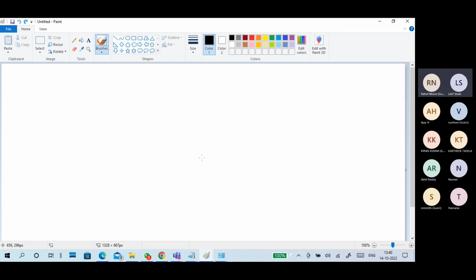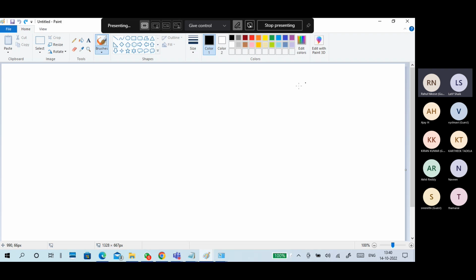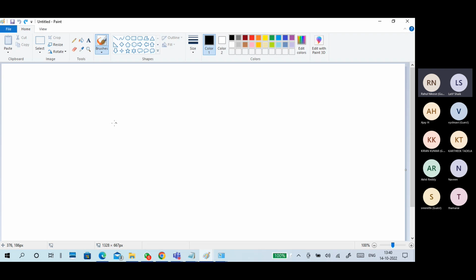The second one is different country websites. For example, Amazon.in is an Indian website. Amazon.com is an American website. Understand, right? So in India, we cannot access certain websites.